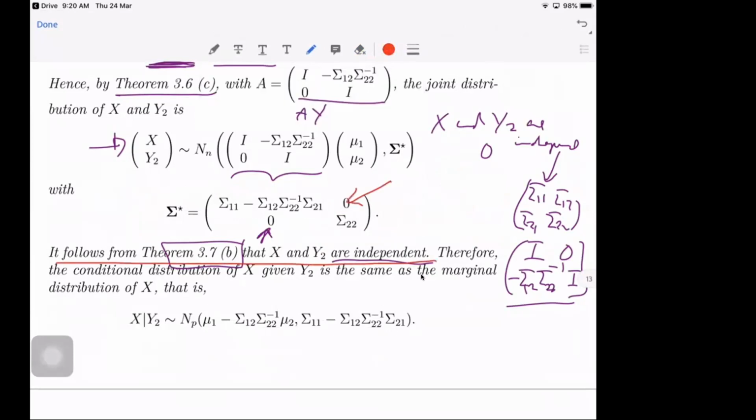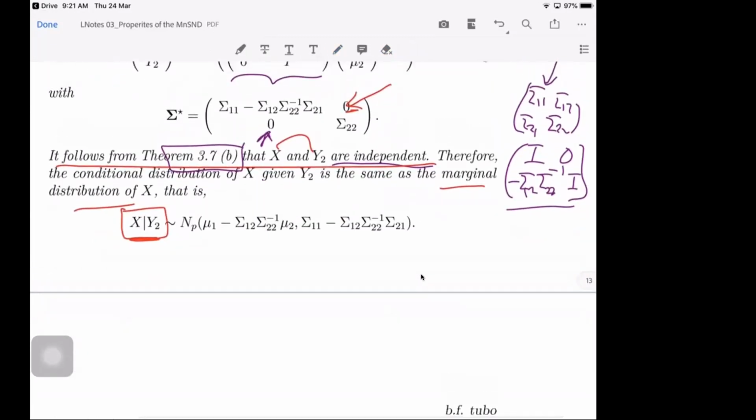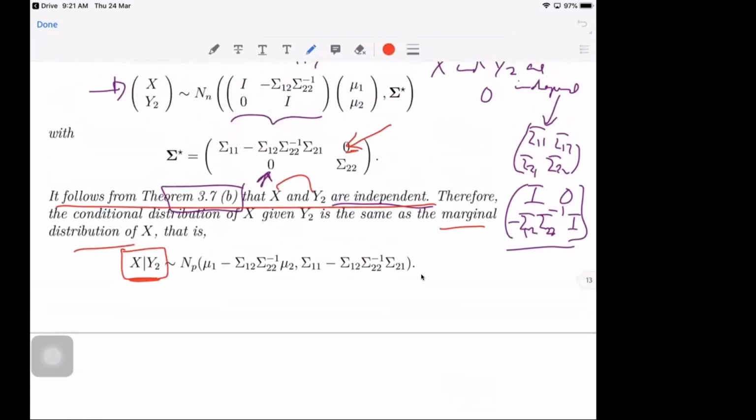Because of this, it follows because of the value of this. Therefore, the conditional distribution of X given Y2, since X and Y2 are independent, is the same as the marginal distribution. So using the result of marginal distribution on the conditional distribution, you will have the conditional distribution of X